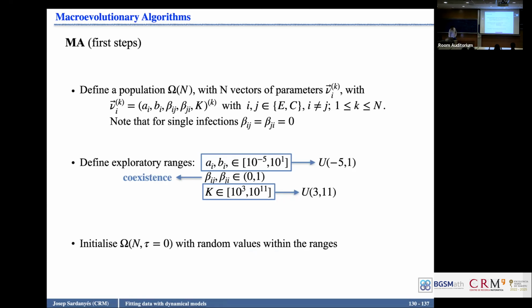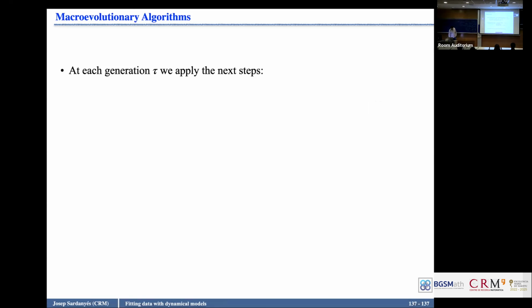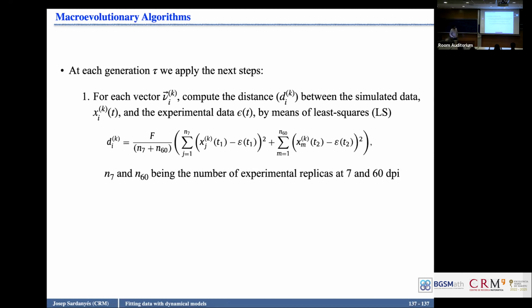First, we initialize the population of vectors at time tau equals 0 with random values between these ranges here. And then at each generation, we do the following. I'm doing the same that I previously explained. So for each vector, we compute the distance between the simulated data and the experimental data, now called epsilon, by